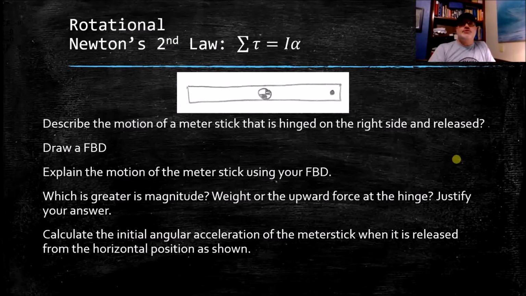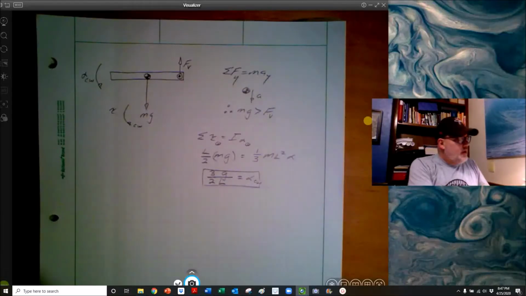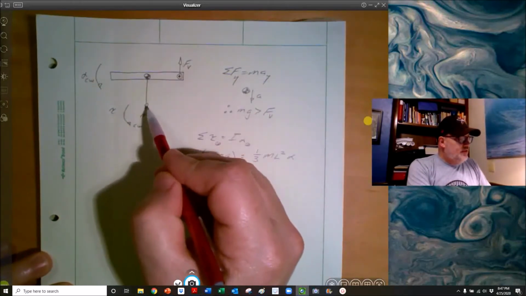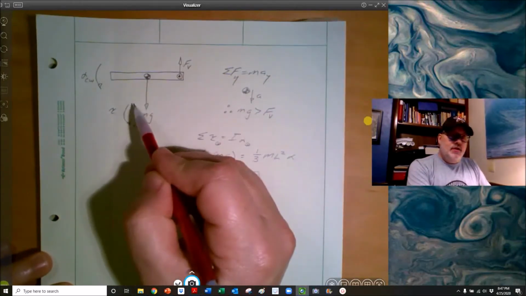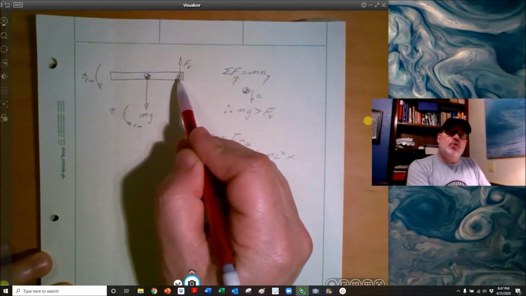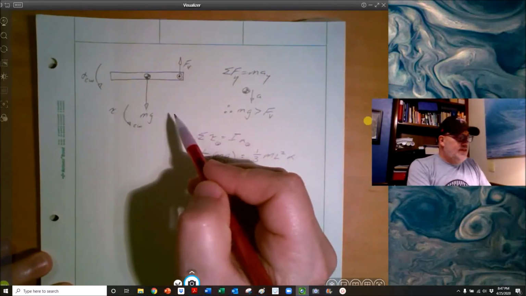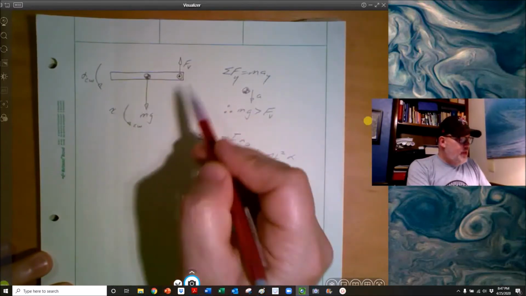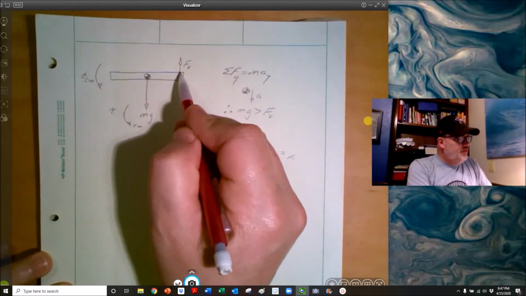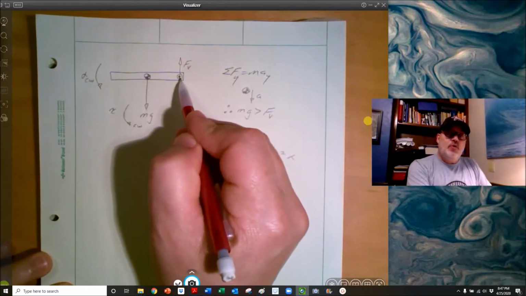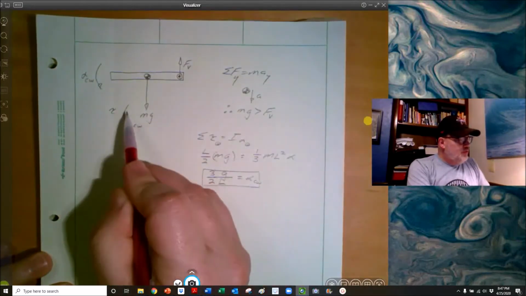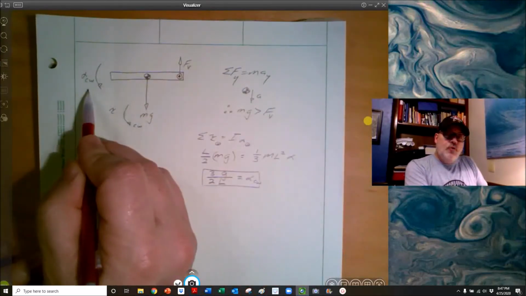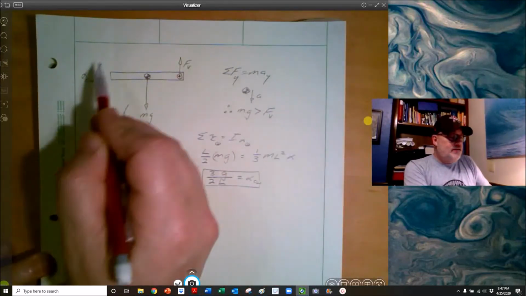position as shown. Here's my free body diagram. There is a gravity force acting through the center of mass, and since there are no forces left or right, the hinge only needs to pull directly upward at this instant. Now, why does it move this way based on our free body diagram? Well, this force acts through our pivot point, so no torque. This one is producing a clockwise torque this way, so therefore we're going to end up with a clockwise acceleration